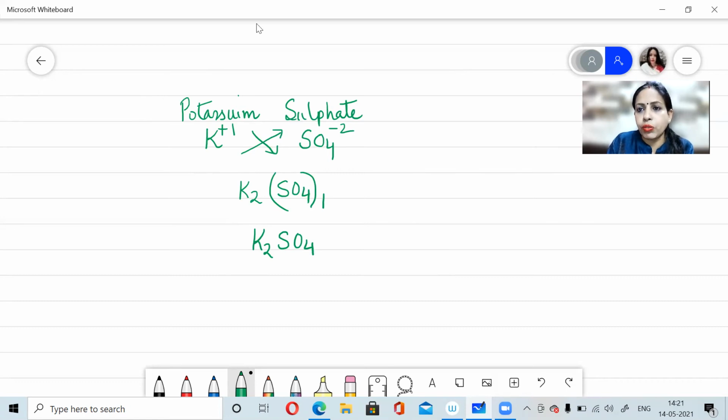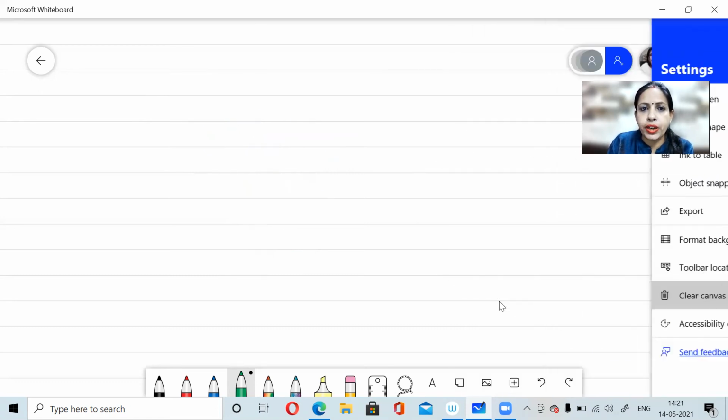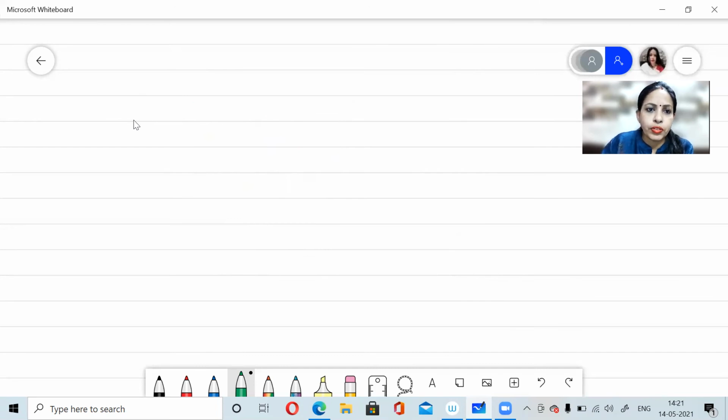Now the other way around. If the formula is given, how will we write the name? Suppose the formula is Mg(HCO3)2. In writing the name also, as I said the other day, if you say my name as Shrivastava Rachna, I will never appreciate it, but I will always like it if you say my name as Rachna Shrivastava. So the first name is always written first, then the surname.